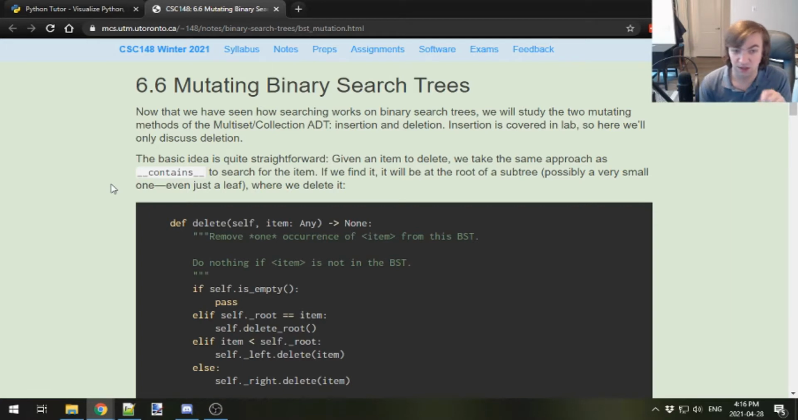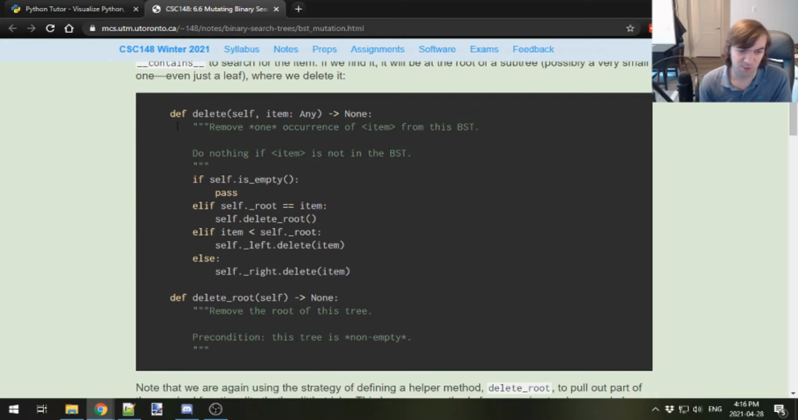If you need to delete a thing, you first off have to search for it, and then if you find it, it's going to be the root of some subtree. It's possible a subtree is really small, it could just be a leaf, or it could have subtrees of some amount of size. So if we want to delete something, we obviously don't really have much to do if the tree is empty. It's not going to be there. If the root is what we're looking for, then we're going to need to delete that. Otherwise, we're going to recursively go through left or right, trying to find where we need to delete something